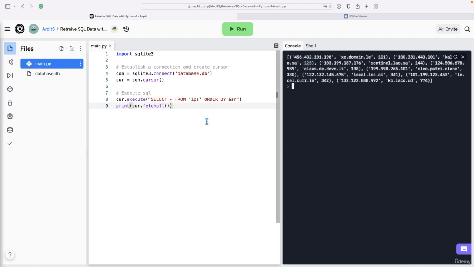So that's how you retrieve data with Python. That's the syntax. Now it's all a matter of learning the SQL language, which is pretty simple. And I'm going to teach you SQL now in this lecture. So that was how to execute SQL, and more specifically, this was how to get all rows and all columns